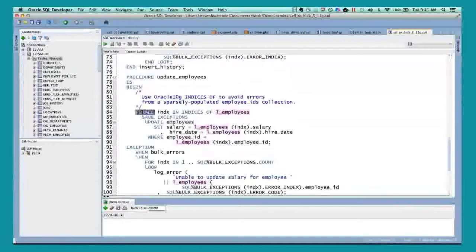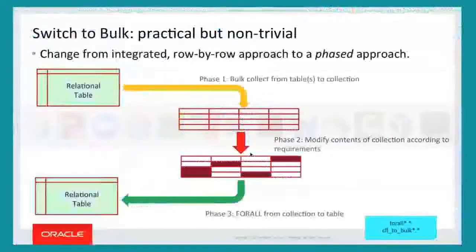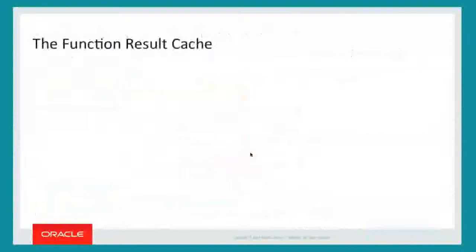Then I have a FORALL statement with SAVE EXCEPTIONS again, and a new format for my FORALL statement called INDICES OF, which allows me to work with sparse arrays. Obviously, this feature is deep and has many different aspects to it. Can't cover them all today, but the main thing to remember, jumping right back to good old PowerPoint, is that